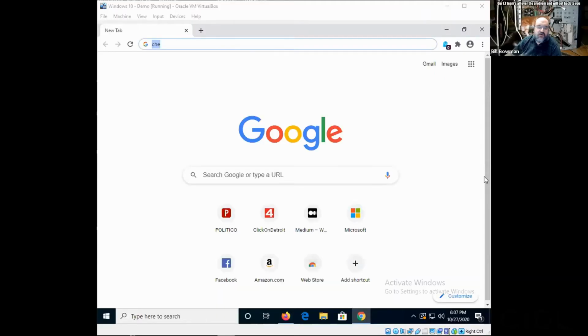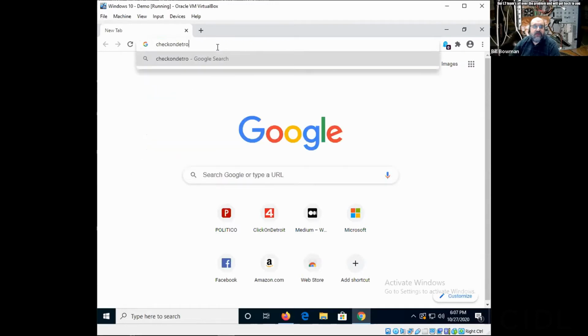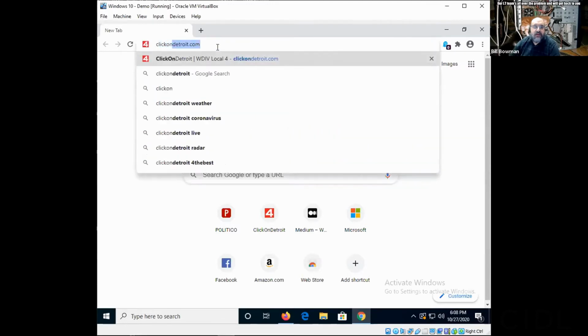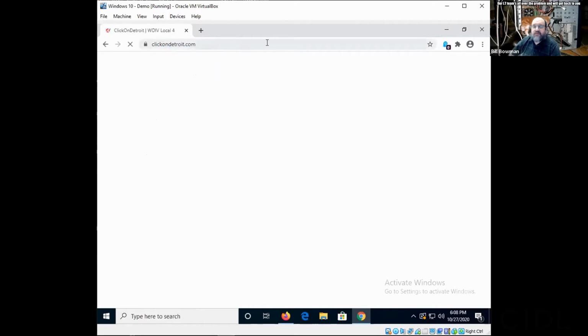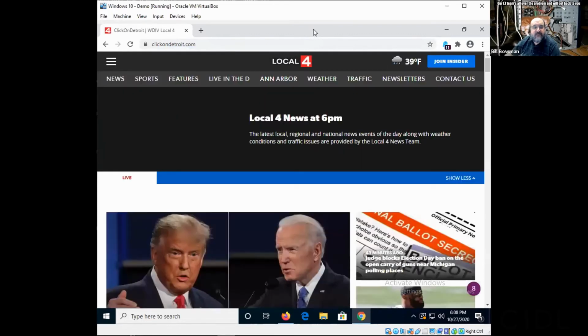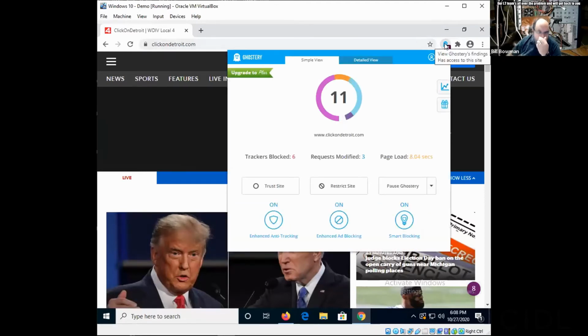So everybody sees a Google window here. Okay, so I'm going to go to a site, clickondetroit.com, which is the Channel 4 website. And if we look at the Ghostery window here, this is in Firefox. It shows me that there are 11 trackers attempting to load on this system here. And it's gone through and it's blocked 6 of them because most of them are,